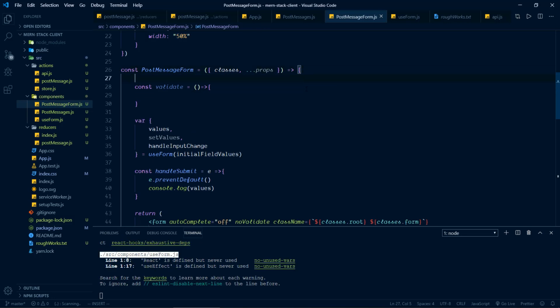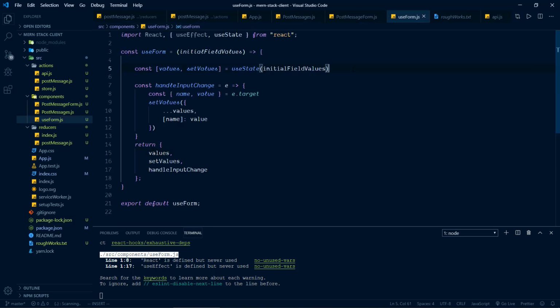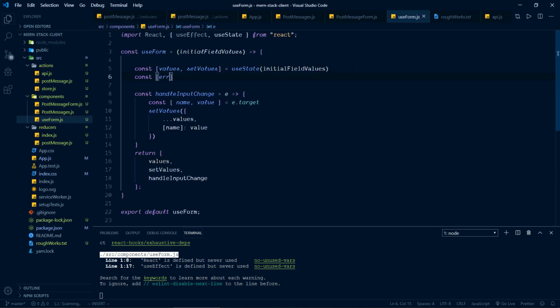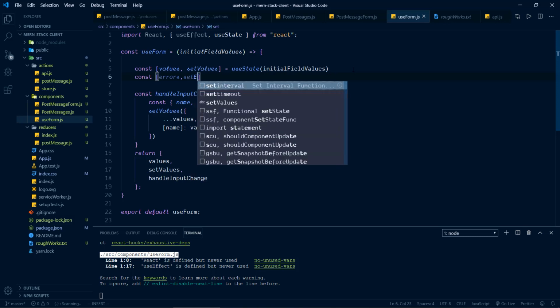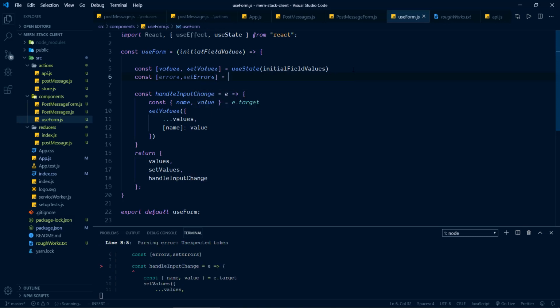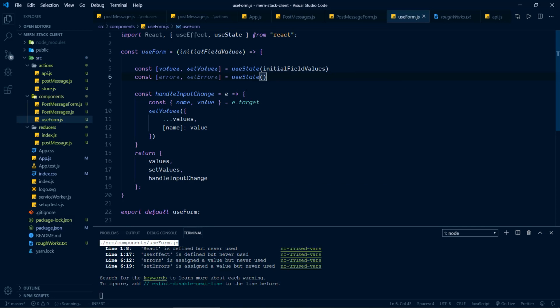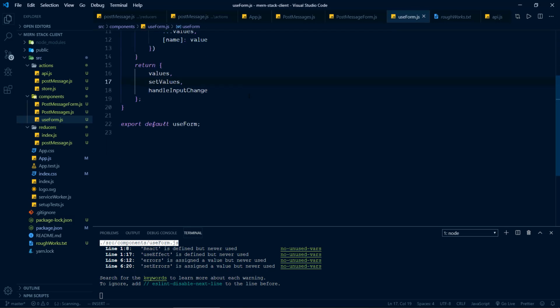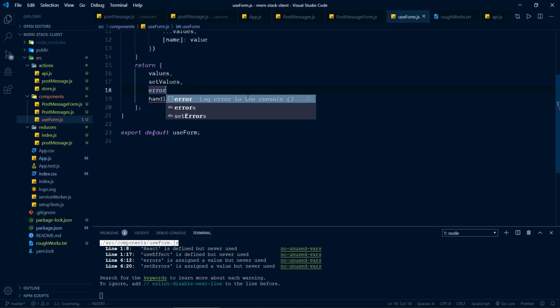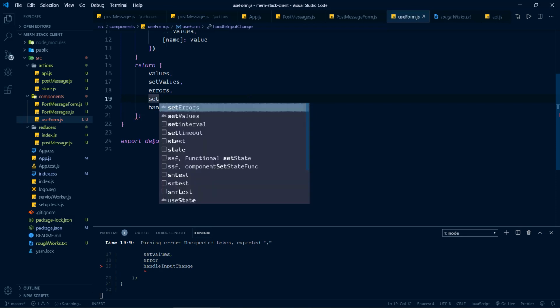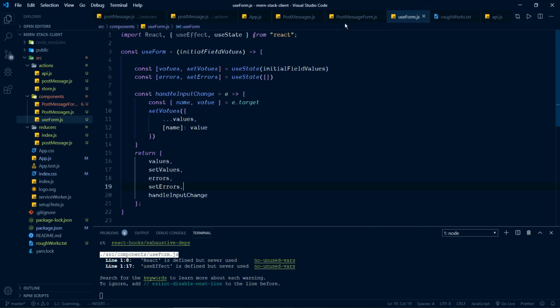Before defining this function, we also need a component state property like values in order to save error messages. So I will do this, errors, and then set errors, and we can call the function useState here. Inside the function we just need to initialize this object errors. In order to initialize this object, I will just pass an empty object here. Now let's return this errors here and with the function setErrors. Now we can access that inside this form component here,